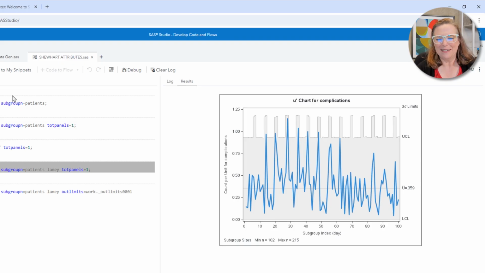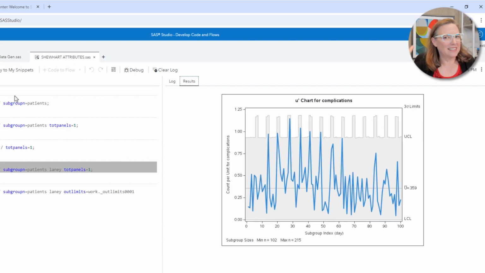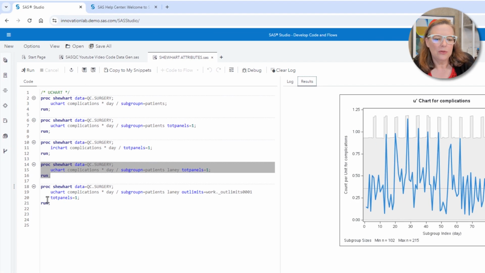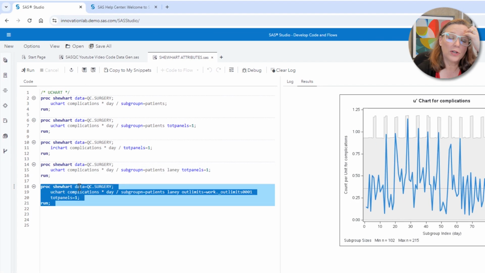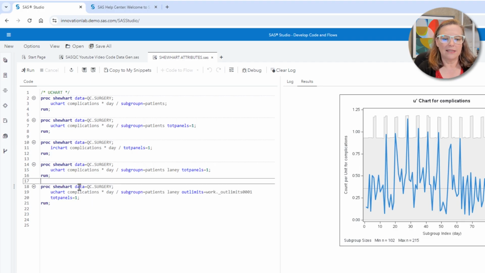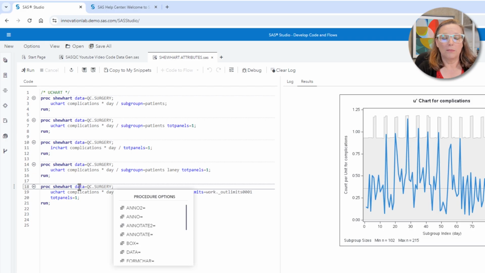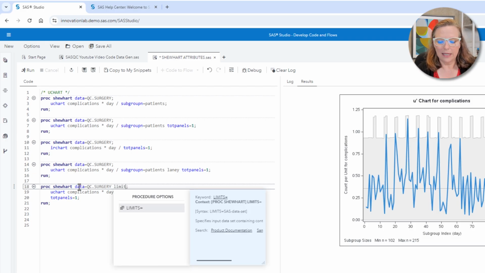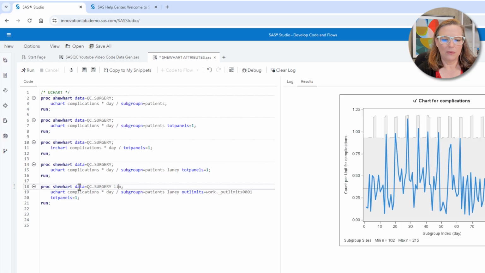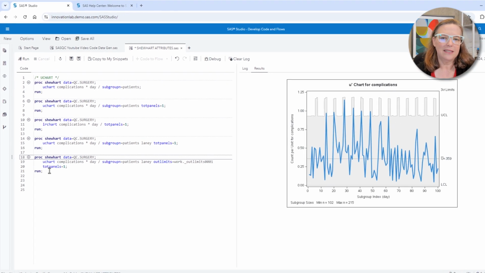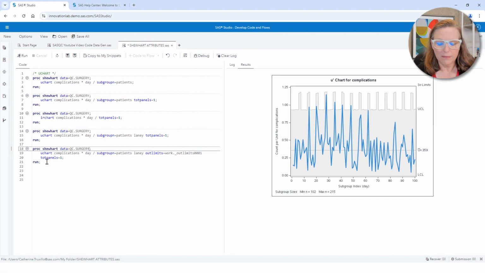Fantastic. It's so exciting. So now what I want to do is save out these control limits and use them to apply to future data. That's going to be the last thing I'm showing you here. You save out the control limits just like you would for any other control chart by putting the outlimits equals option on the charting statement. And then when you want to apply those limits, you would specify that limit data set on the Proc Shewhart statement with the limits equals option. So that's how we would do that. I don't need to run this because it's not going to show you anything except the exact same chart, but that's how we do it.